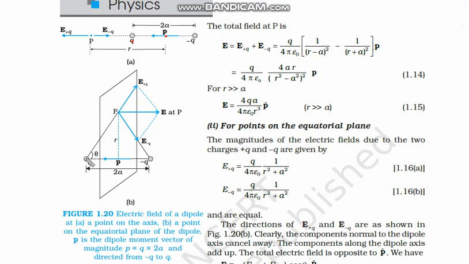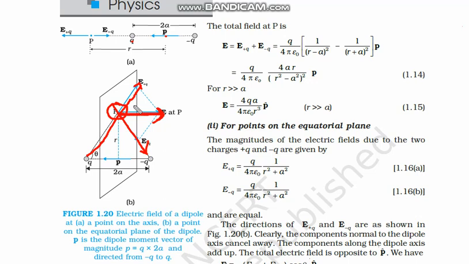So now, as we did in an earlier example, for the positive charge the field at P is in this direction, and for the negative charge it is in this direction. So the total, resultant electric field will come in this direction. Now we have to see how we can calculate the total electric field.